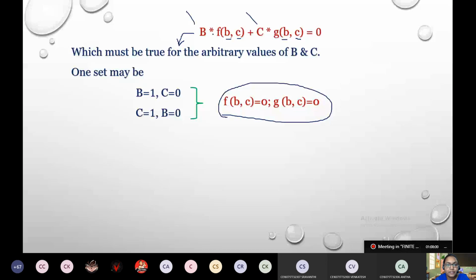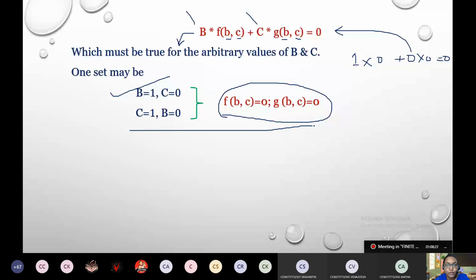If you see, if I take b is equal to 1 into this function is 0, plus c is 0 in the first set, c is equal to 0 into 0 is equal to 0. So this is satisfied. So one such set which will satisfy the above equation is this one. So the solution whatever we got, taking this one set as the true values for the arbitrary constants, we get two different equations at the end.